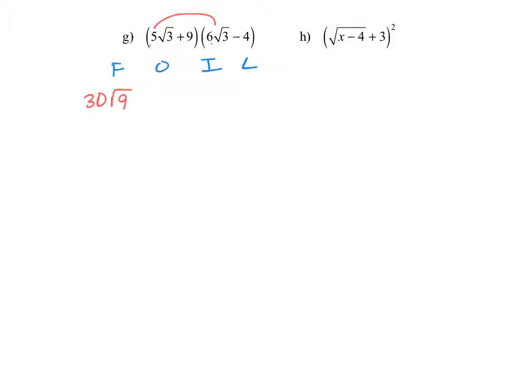The outer is 5 square root of 3 times negative 4, so that gives us minus 20 square root of 3. Then the inner is 9 times 6 square root of 3, which is 54 square root of 3. And then the last is 9 times negative 4, which is negative 36. We can simplify the first term because we know square root of 9 is 3. So it's 30 times 3, or 90,